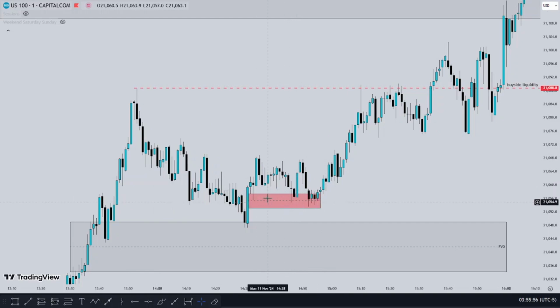anticipating higher prices. Price traded, did a bit of consolidation, but price did not trade below the fair value gap. Price stayed above the fair value gap. Our stop was placed at this low. Price respected the fair value gap and traded higher. So we got to 3 p.m. and price hadn't traded to our target. That's why we look for easy targets in case price does not take our target before 3 p.m. But our target is still intact. We're still anticipating higher prices for price to take out the buy side liquidity. The trade was still intact, so we held the trade.